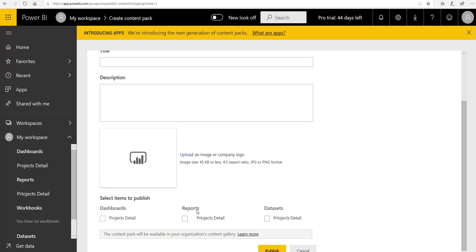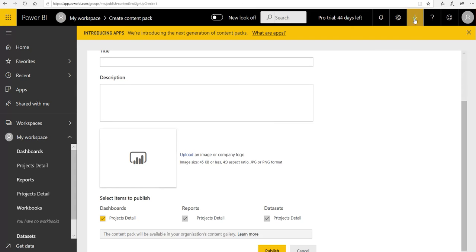If you want to send only a report to your audience, if you click on reports, see reports and data sets are together, so by default the check mark will pop up here. And last is data set, so click on data set, only the data set the viewers or the audience can see. So dashboard is related to reports as well as data sets, while reports and data set these two are together, while data set is alone, right? And then again if you want to send all these three sets of information, dashboards, reports and data sets to your audience, you have to click here. Automatically you can see that these pop up, and then you have to click publish, right?